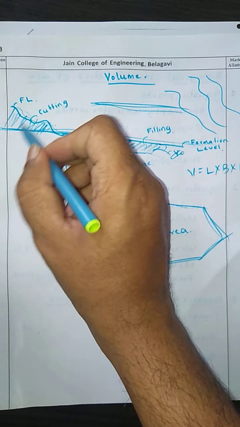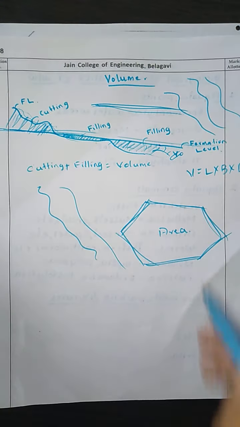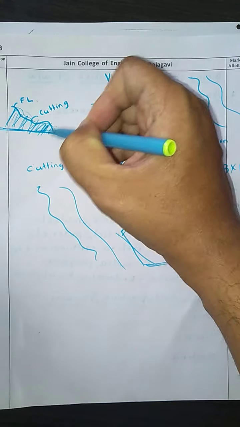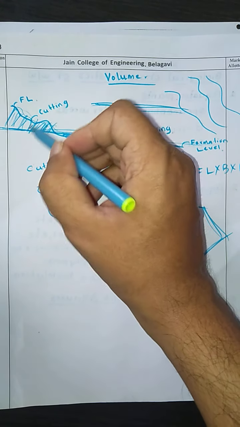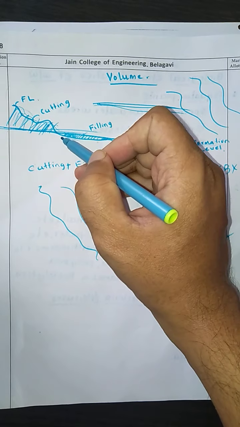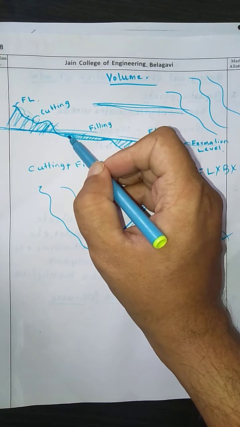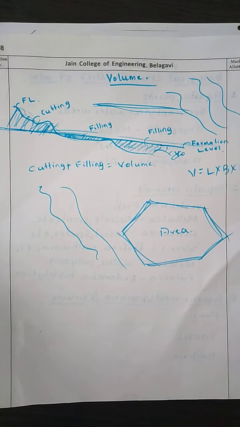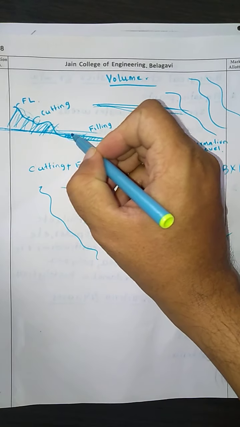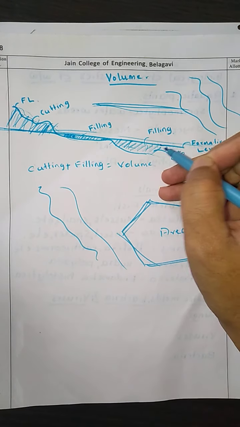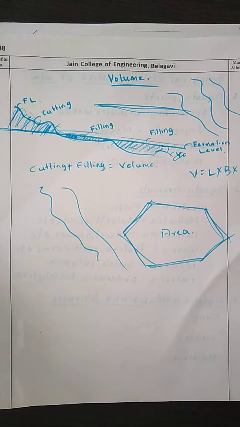Now what is this cutting and filling? The ground is undulated, you have fixed your gradient over this particular line, right? Now this portion is extra, so you need to go for cutting. Here your formation level, your gradient line, is fixed over here. Now the ground has too much undulation here. Whatever you have cut, here you are going to fill it. Again the formation level is fixed over here, and again you will go for filling. Like this, again it may be here, you may go for cutting, right, and filling.